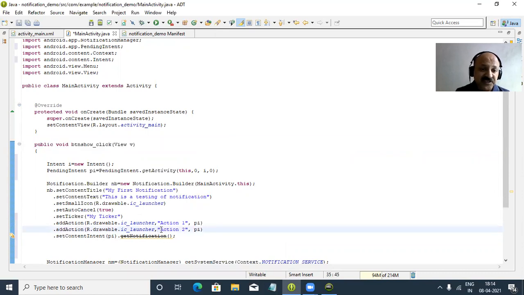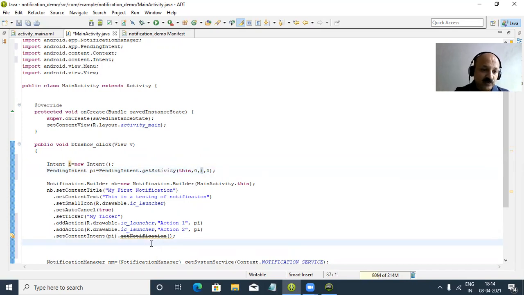So with the attachment, we can include two lines. First is an intent object we can create, and the pending intent, that is just a reference, not an object. Here the new keyword is used; here there is no new keyword, and getActivity has request code 0, intent, that is our intent i, and then flag 0, and then here setContentIntent and pass the pending intent and get the notification.